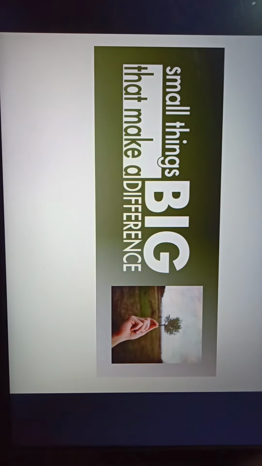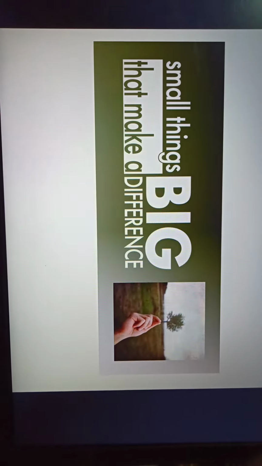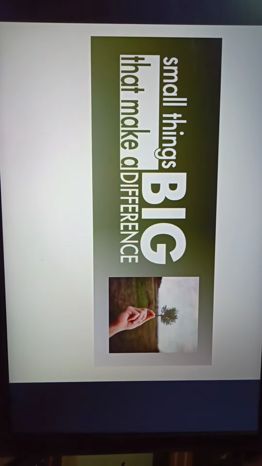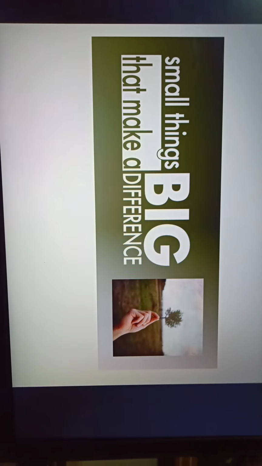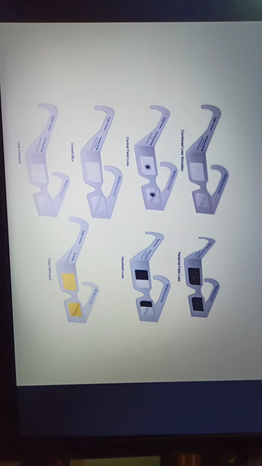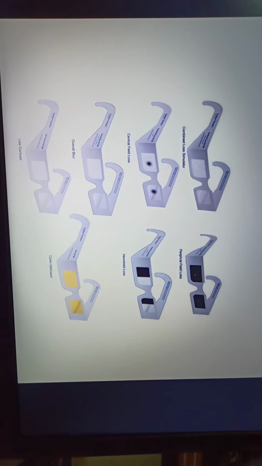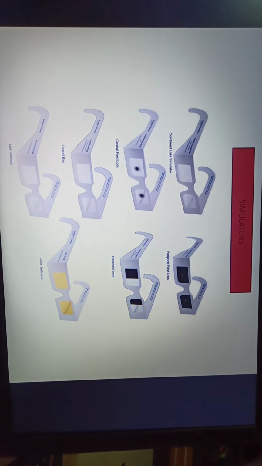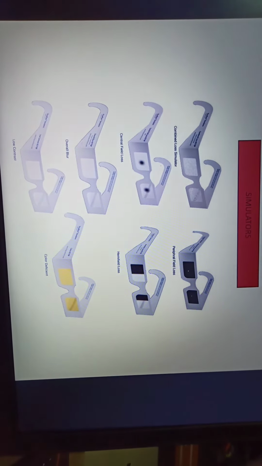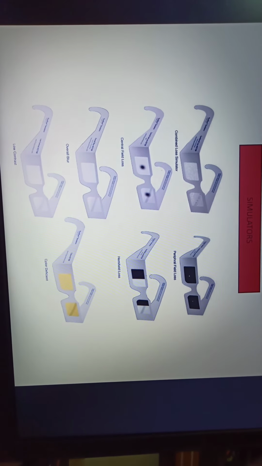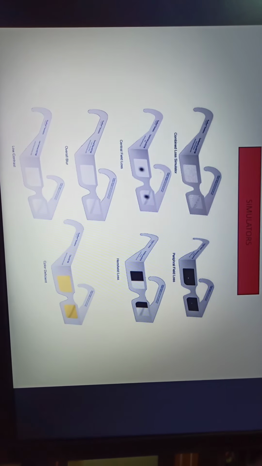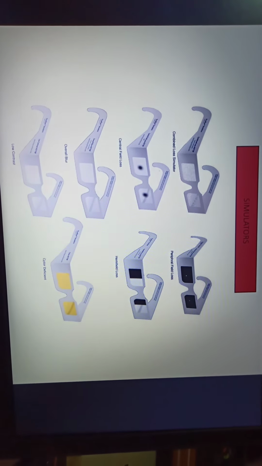Now before going to advancements in low vision, there are many small things which we can incorporate in any low vision clinic to make it much simpler for the patients. The very first thing which I feel is important in any low vision clinic is this. I hope you all know what it is. These are simulators. Simulators are just simple goggles which have to be worn, and then you can see what exactly the patient with a particular disease sees of the world.